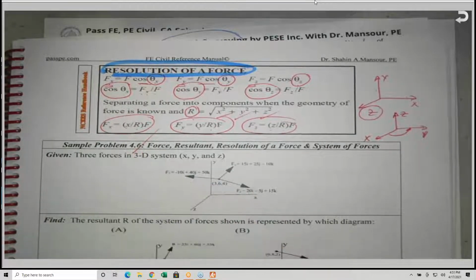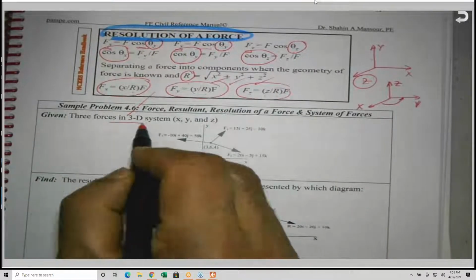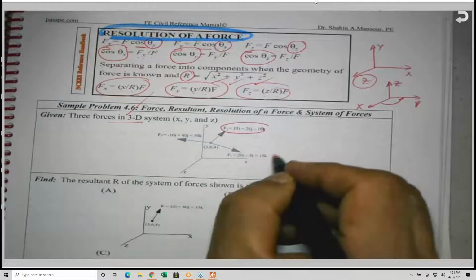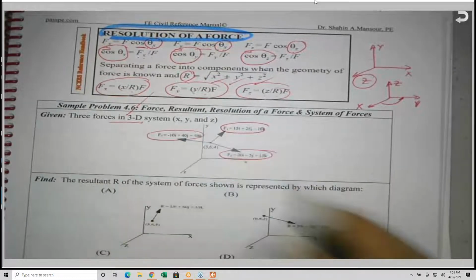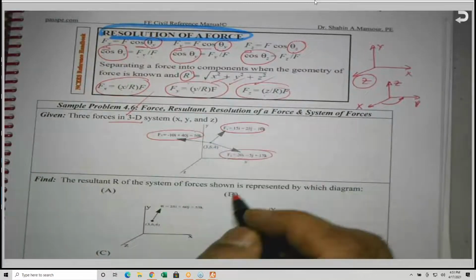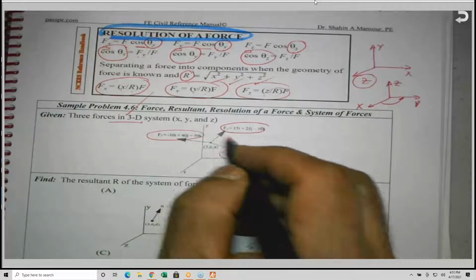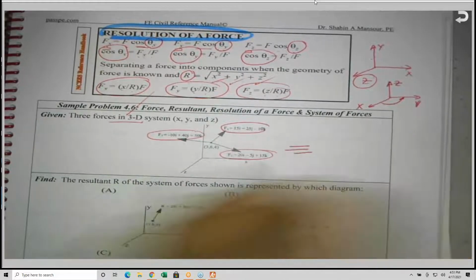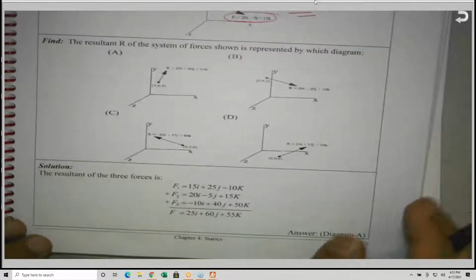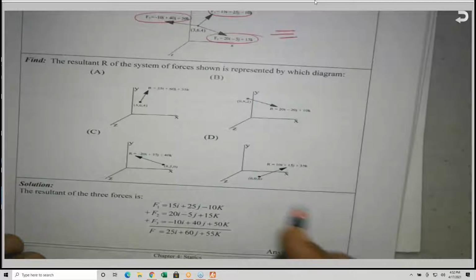Problem 4.6. He gave you a 3D system, x, y, z, and he gave you three forces, F1, F2, F3. And he is asking, if we need to find the resultant, if we need to replace these three forces by one single force, which one of these diagrams will be representing the resultant? So basically, I took the three forces